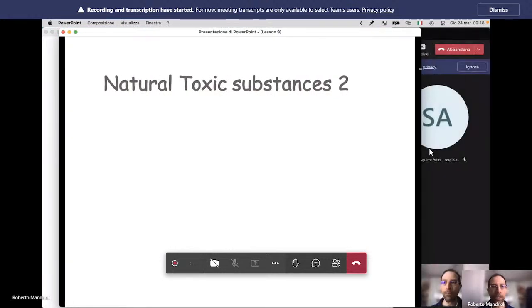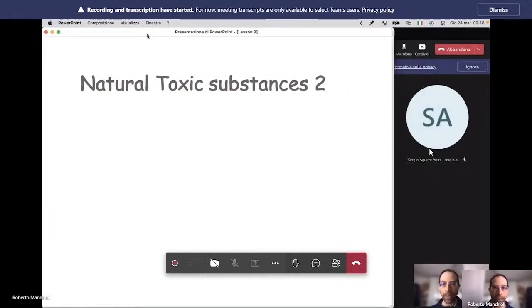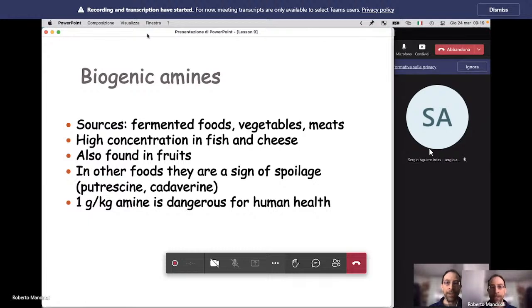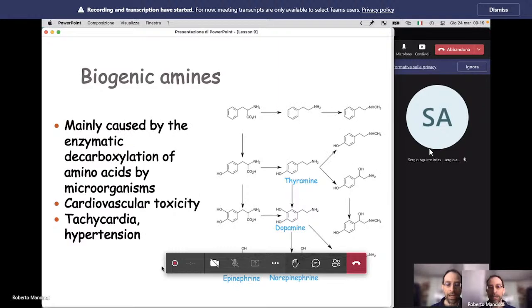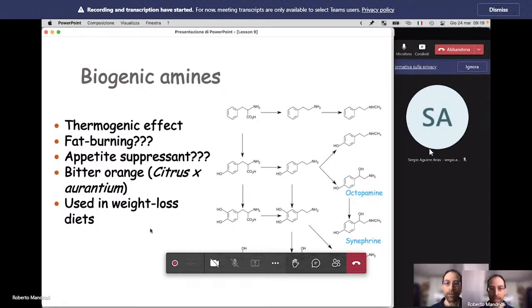So, yesterday we have seen the last part and second part of natural toxic substances. We have seen biogenic amines. We have seen that they are produced both by microorganisms during fermentation, but they can also be produced in plants mainly by plant physiology. Okay, so the main risk for biogenic amines is that of cardiovascular toxicity, in particular tachycardia and hypertension. So one of the big sources of this is bitter orange, that is often used in food supplements for